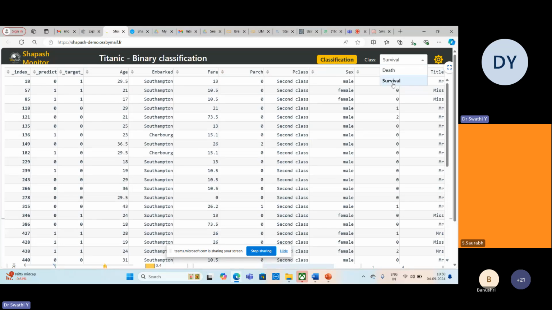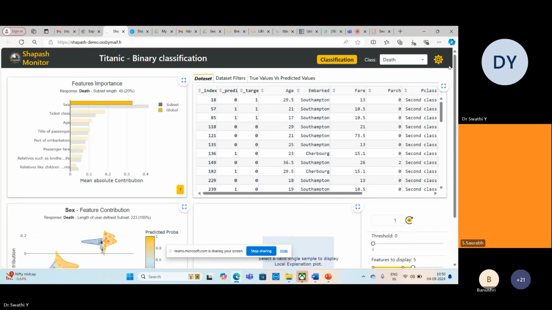These are the two classes you have. So if you want to see more analysis with respect to how many people died on all these features, you just have to select the died class, and accordingly all this will change. So this is now focusing more on the died column.